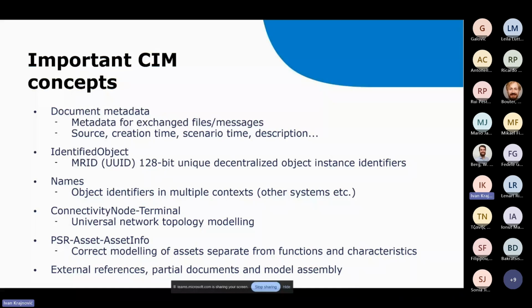And SIM is made for merging models. So you can have partial models which have broken references, they're not in the model, and you expect to merge multiple models to get a full model, to assemble these models. So this is all a workflow that's supported by SIM. You take the models of 40 European TSOs, you take the boundary models, the real country boundaries, and then you merge the models and validate if everything is correct, and then you can do a European load flow or whatever calculation you need.